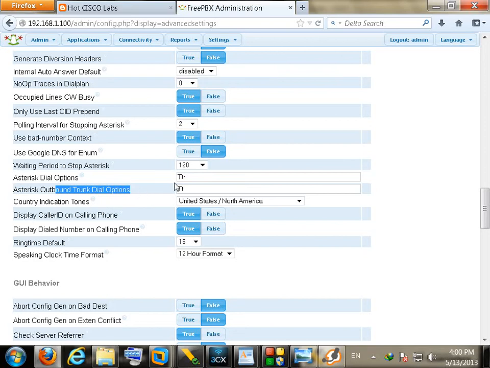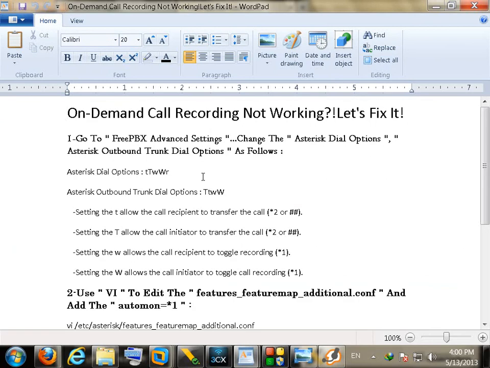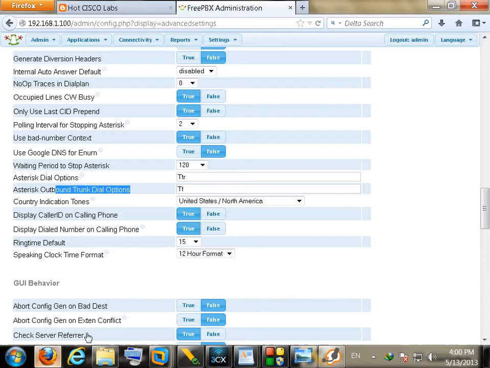I want to show you this file here. You need to configure and change the Asterisk Dial Options. Again, this will control your internal call behavior, and this will control your external call behavior. You need to change this to this value here and add this value like this. I'm going to tell you about the meaning of this. But now let's save, let's configure this and go back to